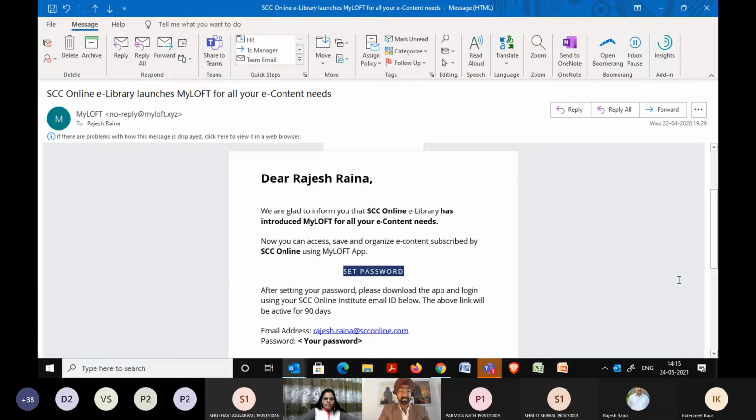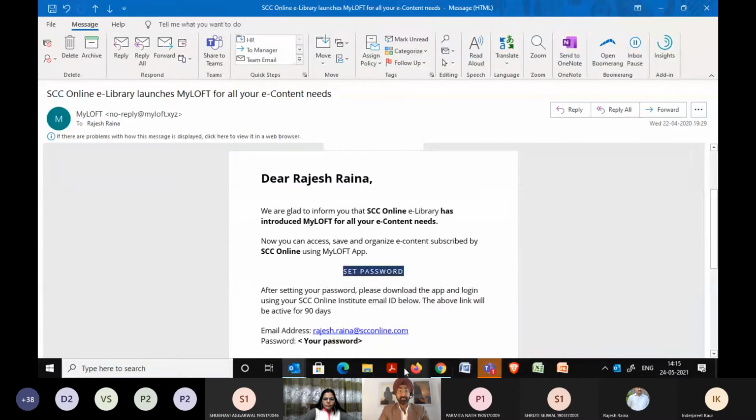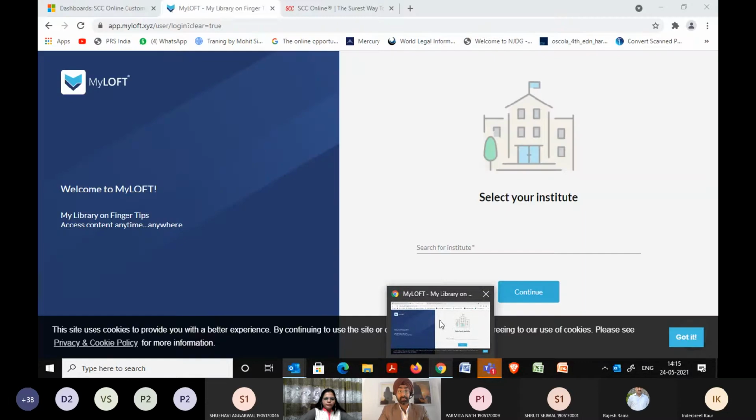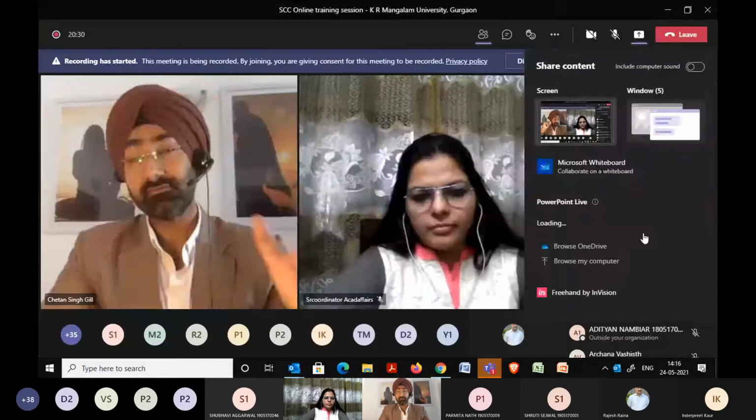So once you click on set password, this is the first time you will be setting up a password for your myloft. Understand this is very important, and this is a very important step, because if you open SCC Online directly, it will not open. It will just simply give you ID and password, which will not take you anywhere. So, Mr. Raina, I think you can just simply,